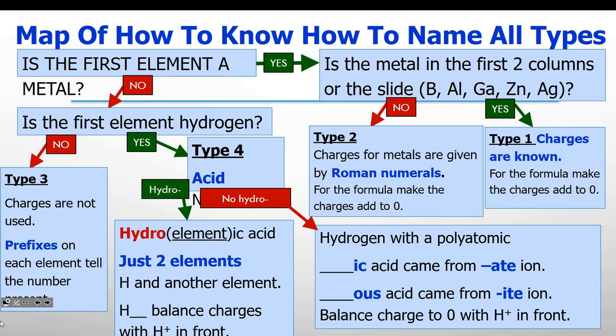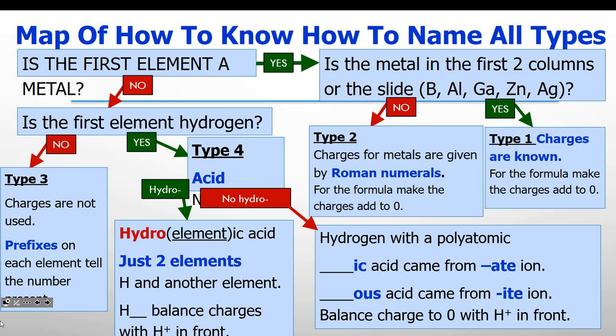And if that polyatomic had an ate ending, then we change it, ate goes to ic, and we add acid. If that polyatomic ended in ite, that means we were going to get in a fight, ous, we're going to get in a fight in an acid situation, so we change it to ous, and add acid. Or if they gave us the acid,